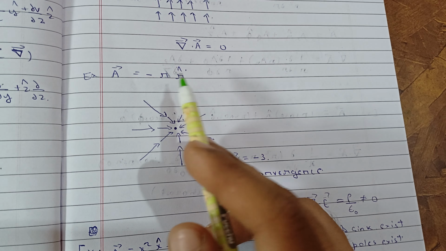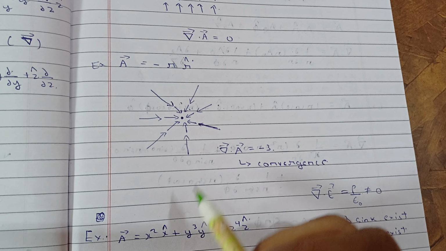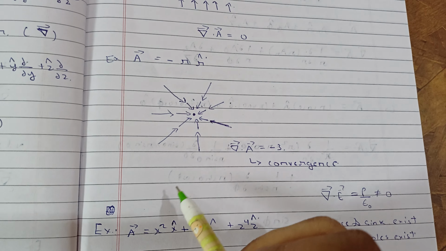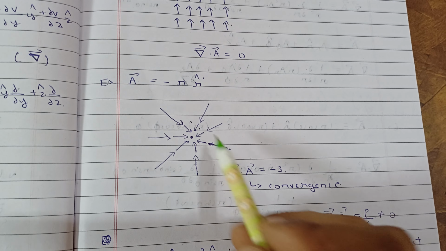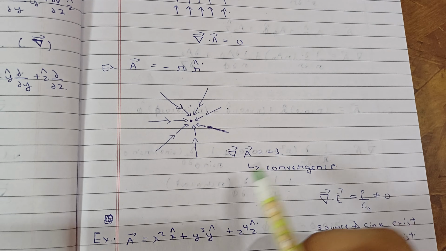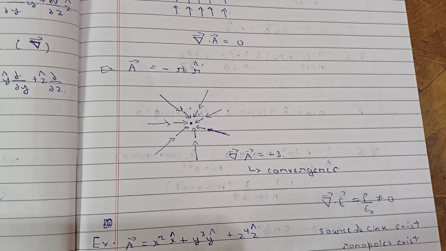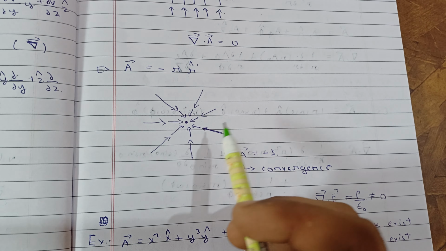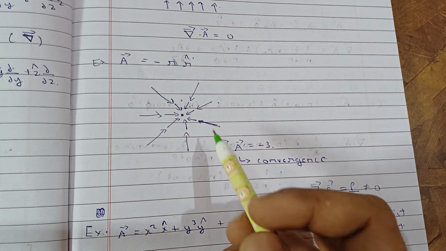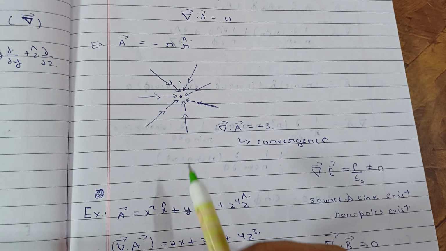So you will see that your divergence comes out to be negative, and this negative sign represents convergence, because this is converging. So you know this English word, what is the meaning of convergence. It means the field is becoming less and less, less spread and spread more after it. So the negative sign represents the convergence to this point.